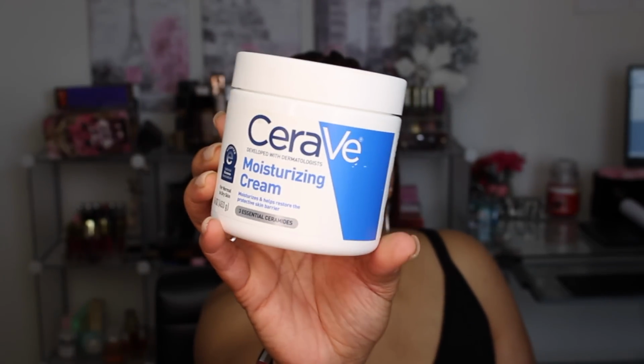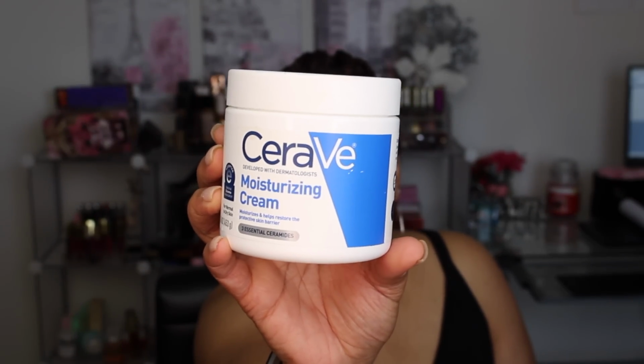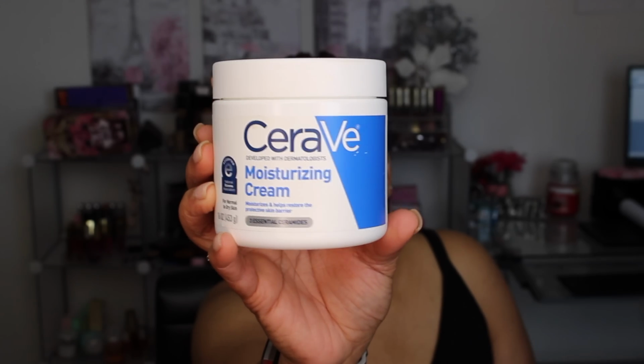And this is just a really great moisturizer. I'm telling you, if you have sensitive skin, this is great. Great for your skin. And while we're on the skincare products, I wanted to bring